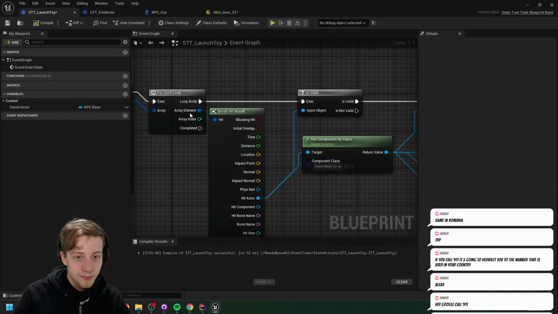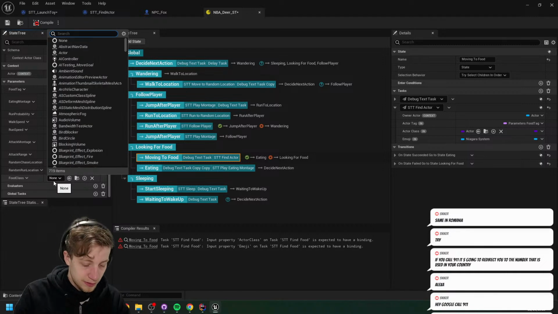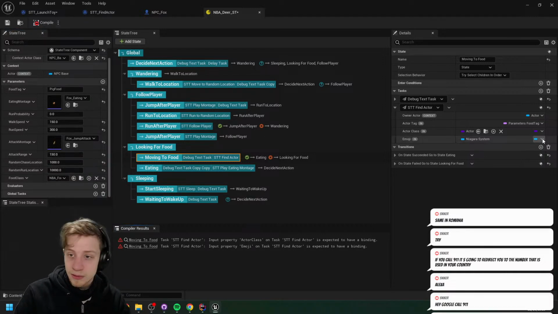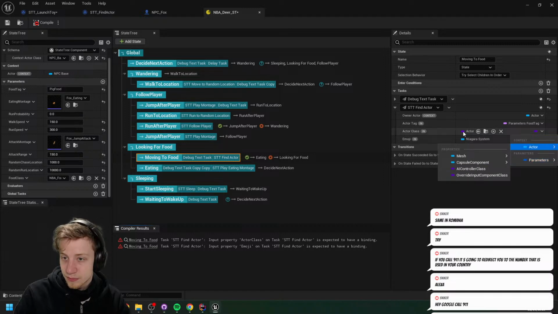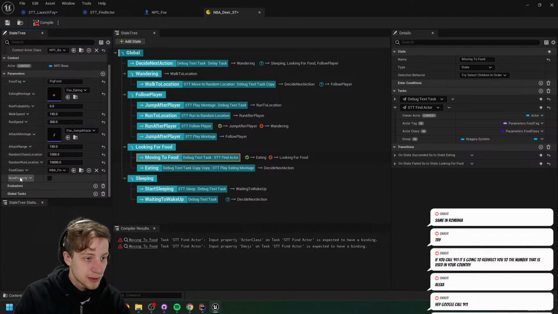There we go. So this should be a food class, and we're gonna have to set it as NBA food. There we go. Wish I could just hard code it here. It would be kind of nice. Can I do names for these parameters? It's eventually gonna be a lot and lot of parameters, just a bit annoying.